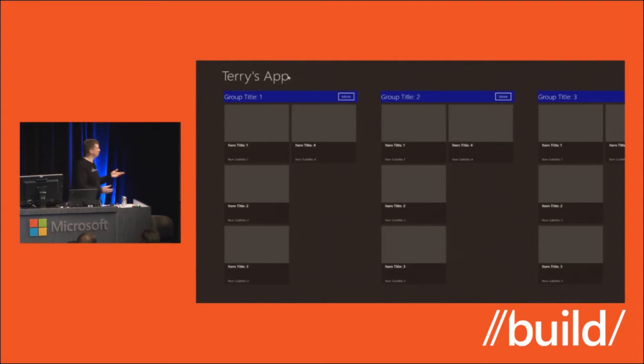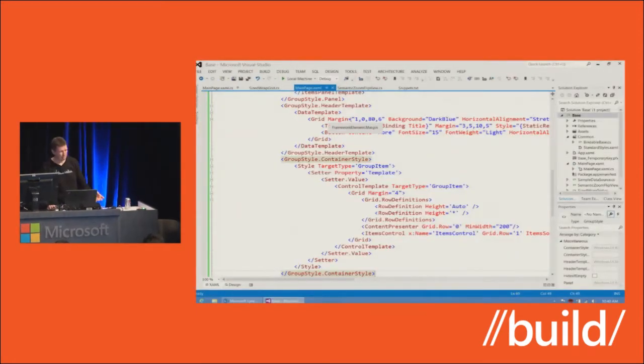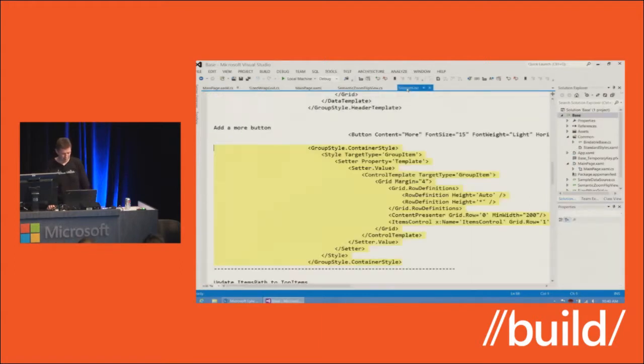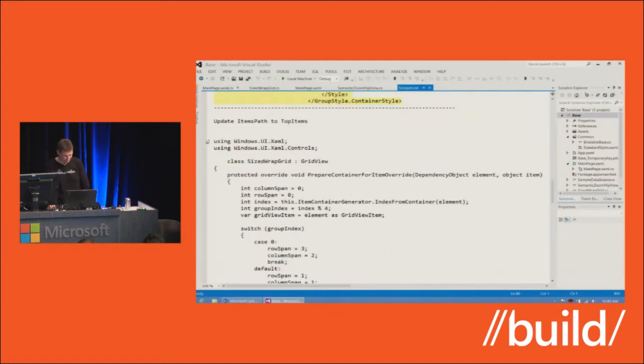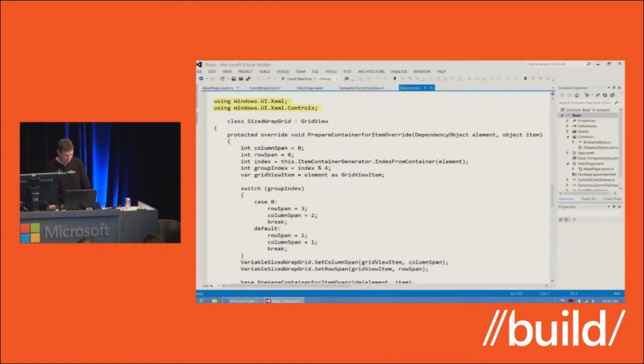As you can see, I now have a grid. Grid row 1 is where the group title is, and the other grid is where the items control is. So that's pretty straightforward to do. Now I'm going to go back to the wrap grid. As I mentioned before, I need to derive from a method in my new wrap grid class. And so to do that, I need a couple using properties in my new sized wrap grid class to support the code that I'm going to show you in just a second. And I need to override one method,